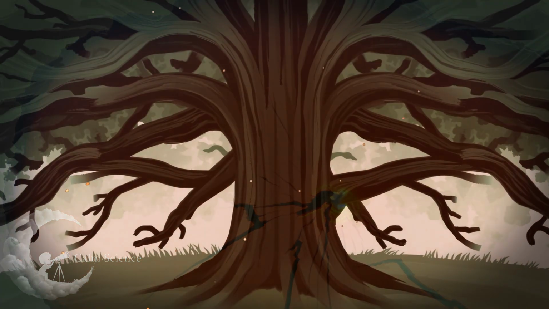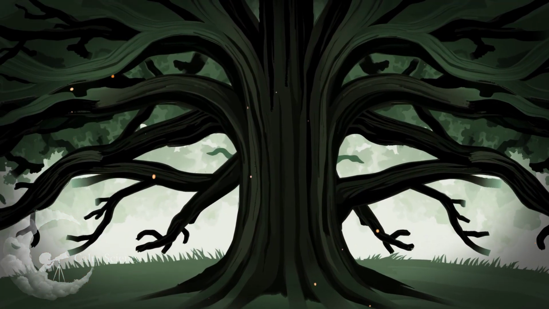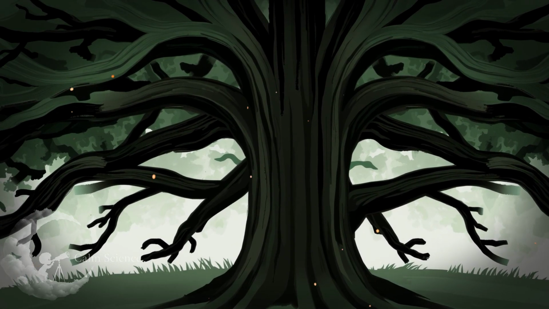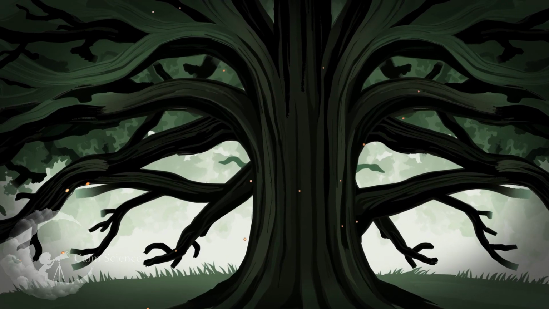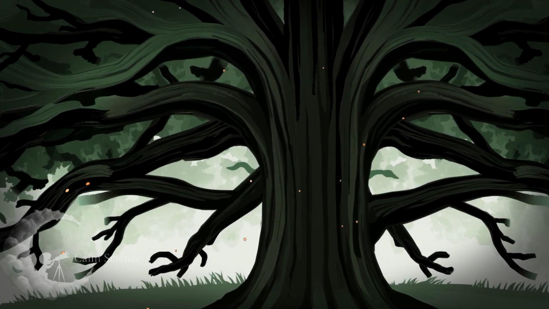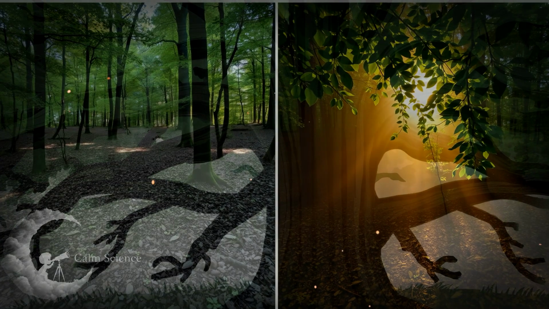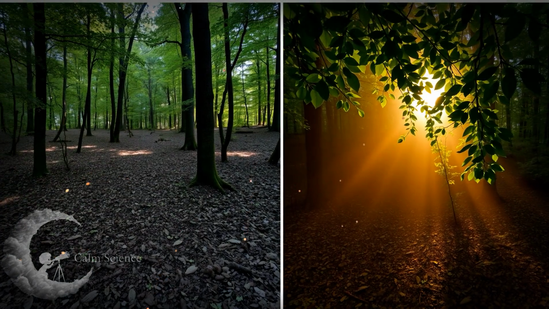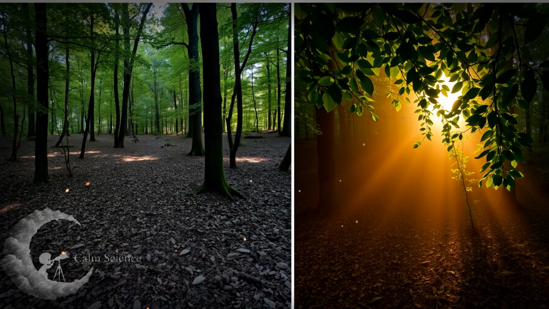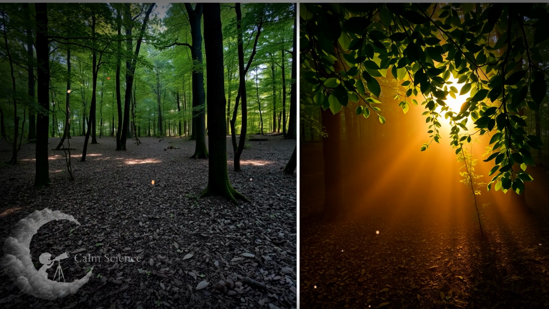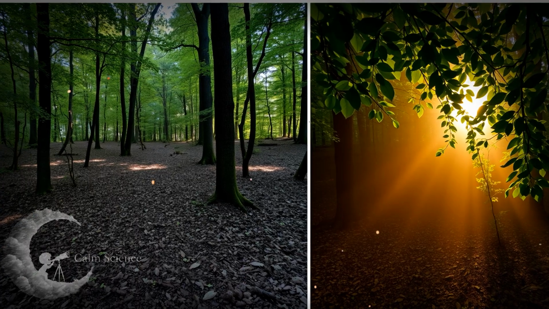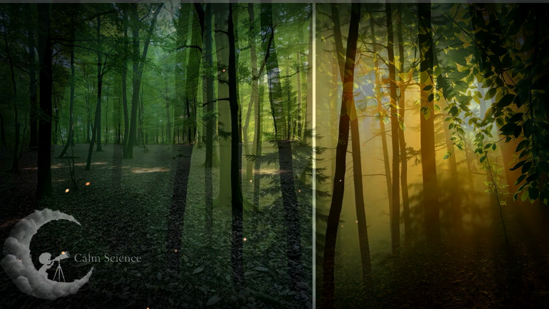The process of decomposition on the forest floor is a relay race involving many different organisms. In the first stage, small invertebrates like mites and springtails, along with bacteria, begin to shred the fresh leaf litter, breaking it into smaller pieces. In the next stage, other types of fungi and bacteria work on these smaller fragments, breaking down tough materials like cellulose and lignin. Finally, earthworms and other soil creatures ingest the partially decomposed material, mixing it with mineral soil and